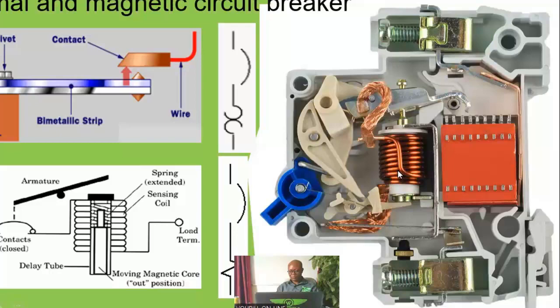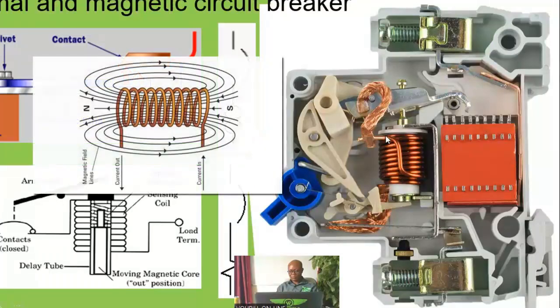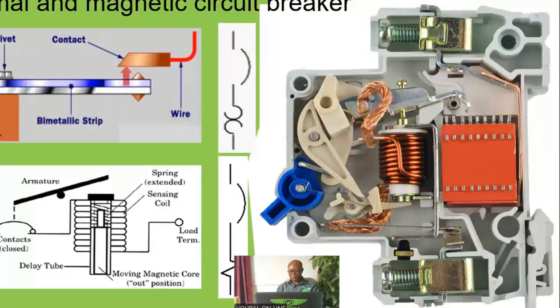That is where the magnetic trip mechanism comes into play. So remember that this is a current carrying conductor. Magnetic field is created around it. So when the magnetic field increases, you see this is the armature. It runs down to under here. Okay, it's like a plunger. If you are familiar with the operations of a solenoid, okay, so it's like a solenoid. So once the magnetic field strength passes a level by virtue of the current that is flowing through the circuit, that will now pull this plunger, which is the armature of the circuit, and that will push this latch mechanism, okay, to push it down. And as it pushes down, that will help to release this latch. Remember, it will be here to help to release this latch, and that will cause the instantaneous tripping of